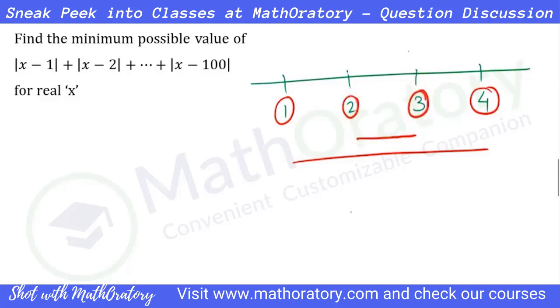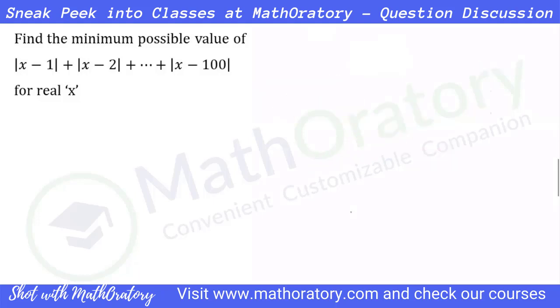Okay, so if we use this idea here, what is the first pair? The first pair is 1 and 100, right? And the distance between these two will be 99. The next pair, I can straight away say it is 97. I don't have to look at the points because they are continuous points. There's an increase of 1 on this side and a decrease of 1 on this side. So the difference should definitely reduce by 2, right? And this process will go on.